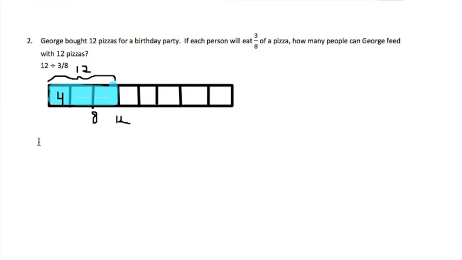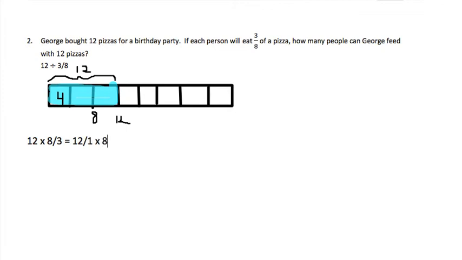Mathematically, if we wanted to write this as a multiplication problem, we could write 12 times the reciprocal of 3/8, which is 8/3, 8 over 3. When you're multiplying fractions, both numbers have to be fractions. So to take the whole number 12, we would turn it into a fraction by putting 1 in the denominator. We have 12 whole pizzas, or 12 ones,